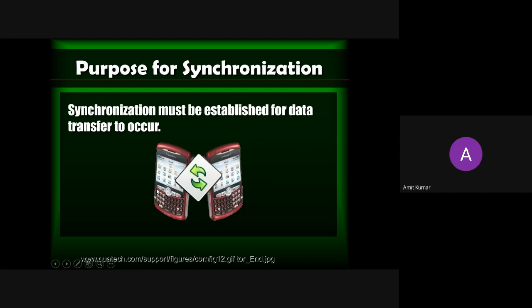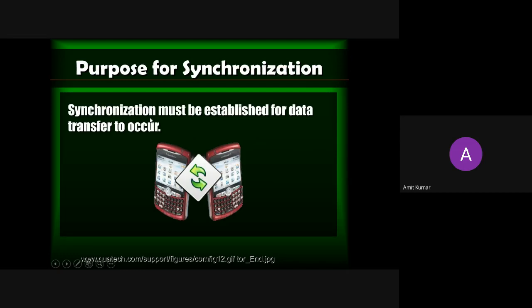The master will send the data to the slave. After pairing the devices, you transfer the data. So you require two prior phases before sending the data: first you switch on your device, and second you pair up. These two steps should be there.